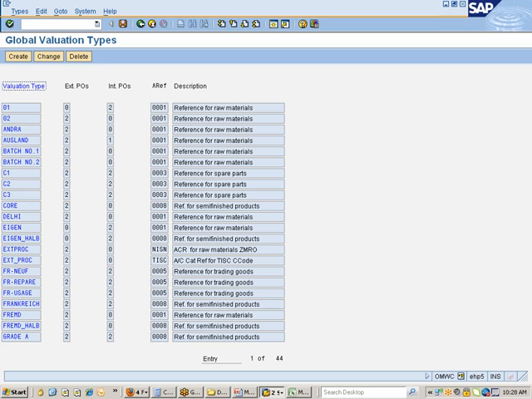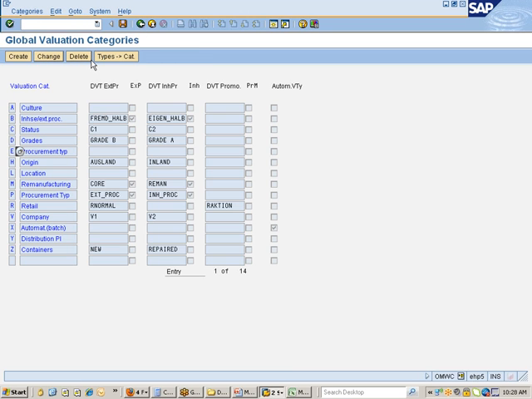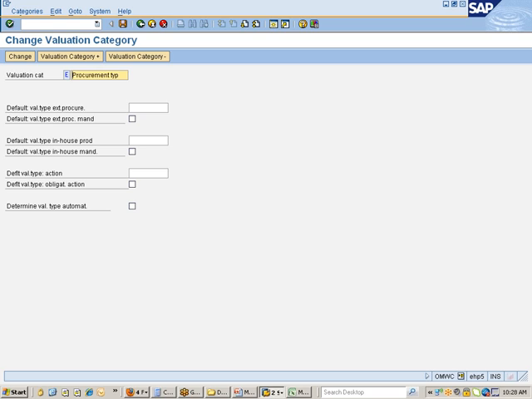Yeah. Just go back, it is there. Yeah, it's there. ext proc. Yes. You could see here. Yes sir. Yeah. Okay, so I'll just go back to global categories, say category E, go with change mode, and